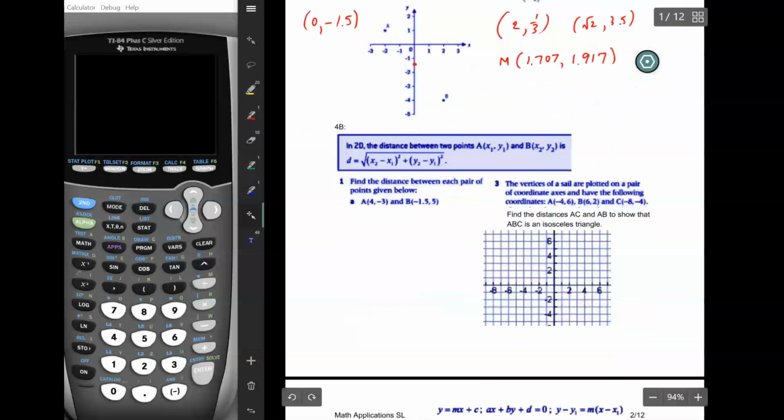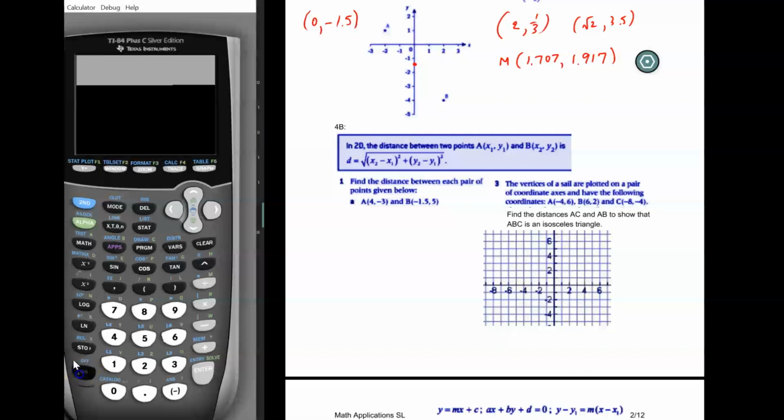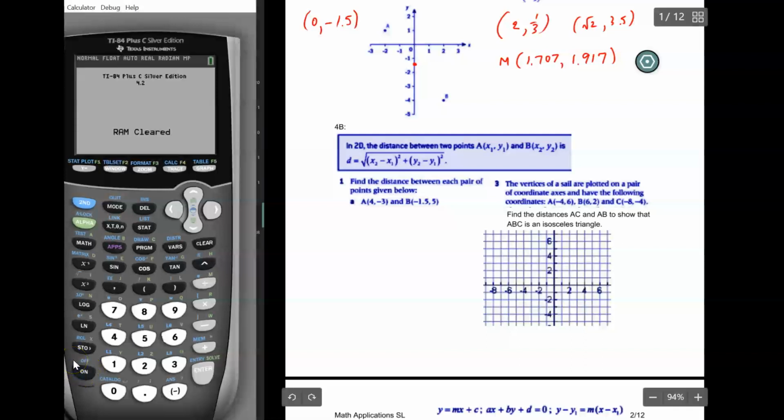And when you do the distance formula, you subtract the two because what you're doing is trying to find the number of units between each x-coordinate pair and each y-coordinate pair, and then use Pythagorean's theorem to find the diagonal distance between the two. Okay, and so for the distance formula, there's no calculator shortcut that I know of, so all we're going to do is type these numbers in